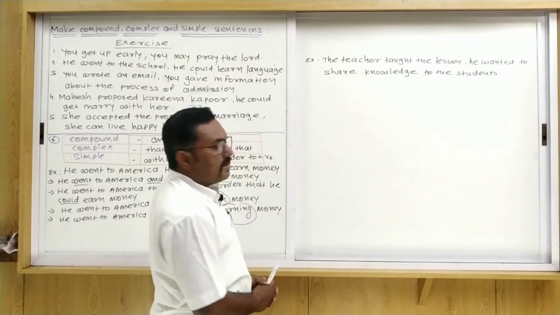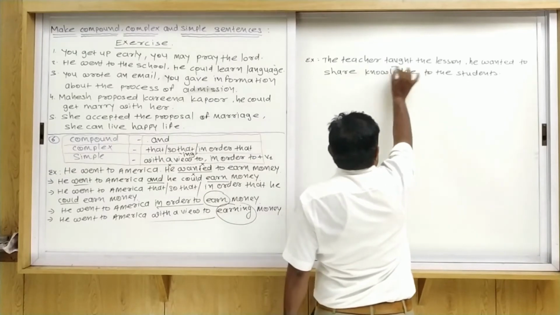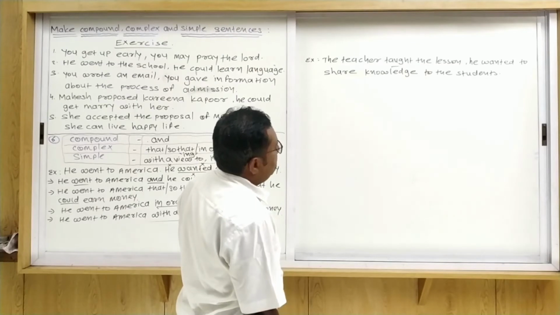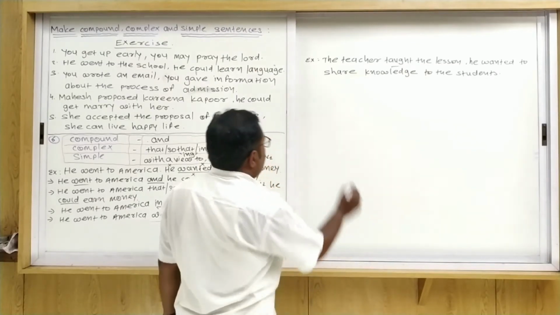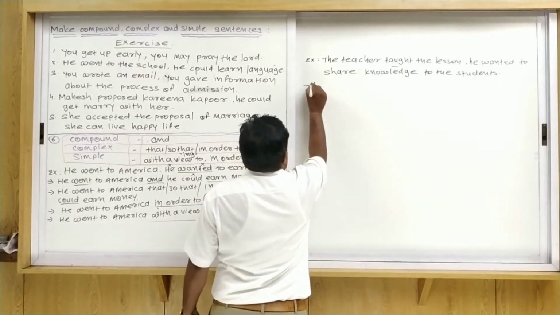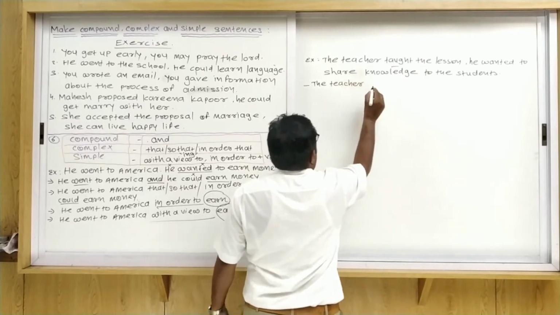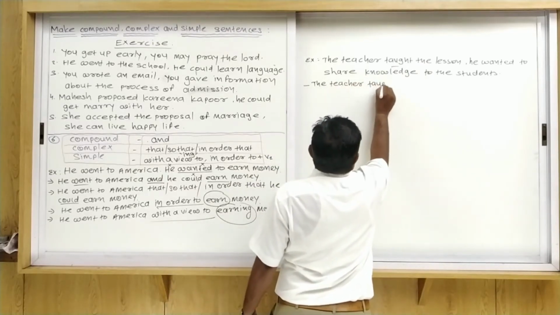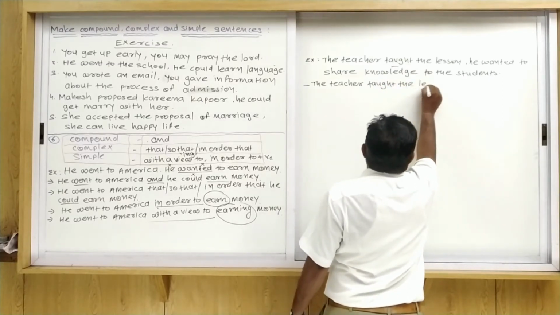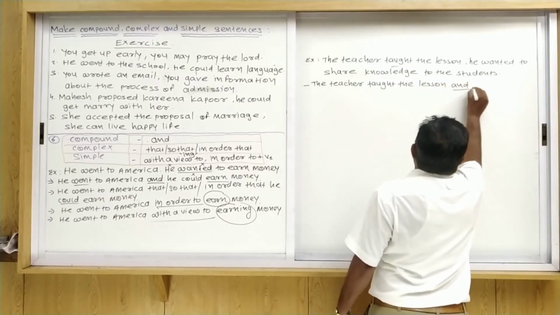The second example, the teacher taught the lesson. Why did the teacher teach the lesson? What is the purpose of teaching the lesson? He wanted to share knowledge with the students. So first of all we use and. The teacher taught the lesson and he,